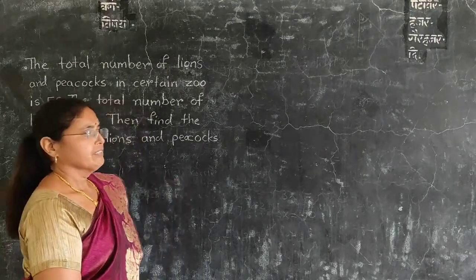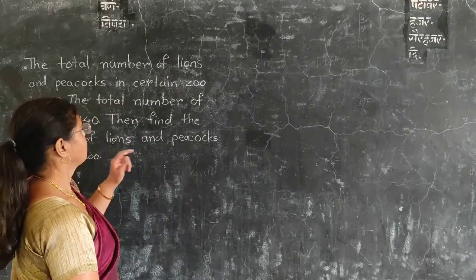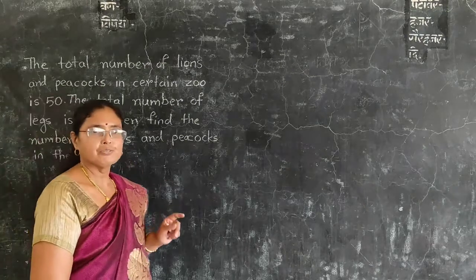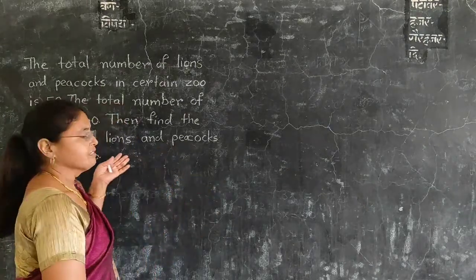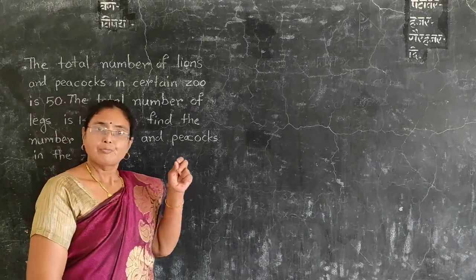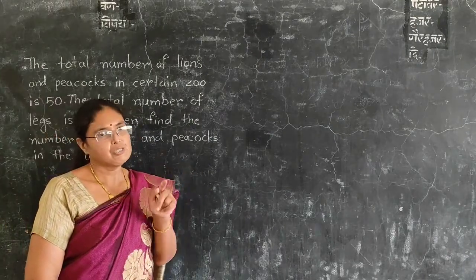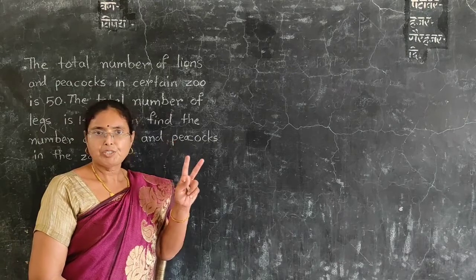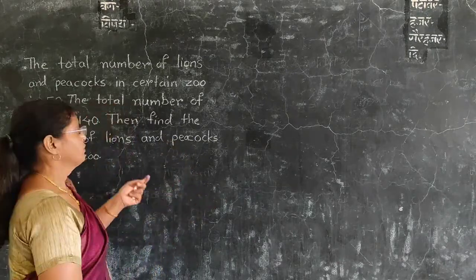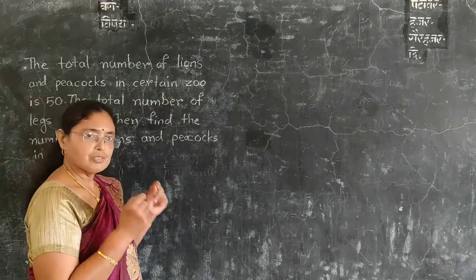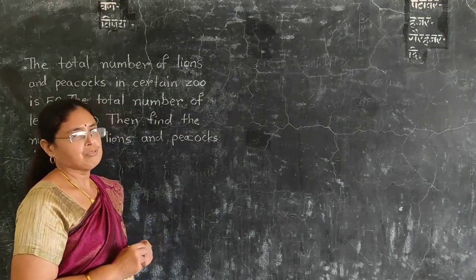Today we are going to learn about the application of simultaneous equations. For that, we first have to find out the two things that are varying in the given example and put variables for each of them. There must be two things which are changing their values, so we keep two variables for them.